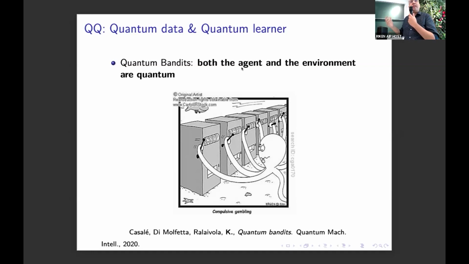We try to revisit this problem using quantum concepts, and in this case we can have quantum superposition, and this is why I took this figure. As you can see, having this quantum superposition, we are able to play all the slot machines at the same time. In this case, the agent is quantum because it can be in superposition, but the reward we can obtain is also quantum. It can be in superposition. So the agent and environment are both quantum, and so we are in this situation where we have quantum data